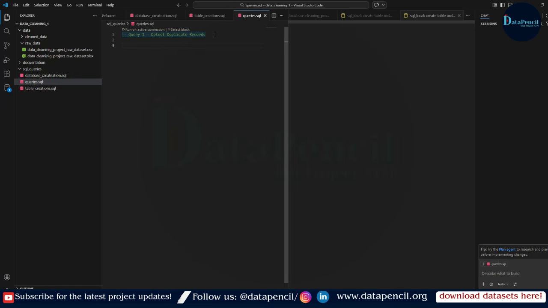How can we detect? Firstly write select. Now we are going to select all the columns, because basically we are going to detect the duplicate rows here. So for the rows we have to select all the columns. Write select customer name, comma email, comma city, comma order date, comma amount, and then count such rows. So we will apply count function here. From which table? So from orders